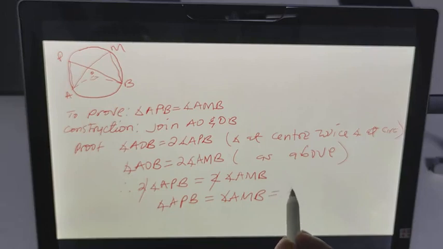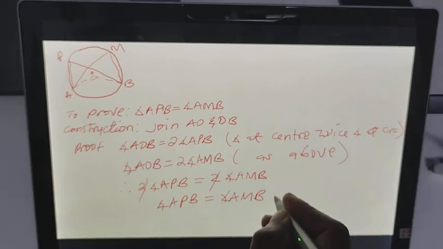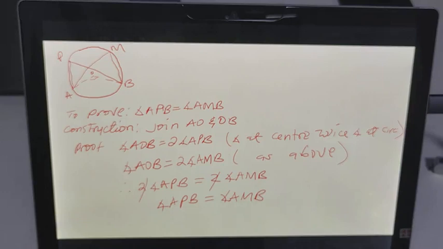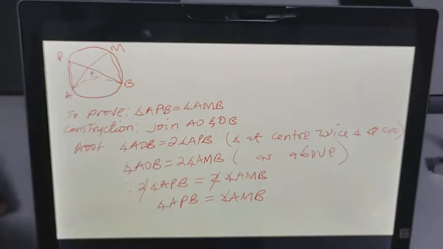Alright, all these are equal to twice the angle at the circumference. So basically now we can conclude that indeed angles in the same segment are equal, by using the first formula: the angle at the center is twice the angle at the circumference. By using that, we have managed to also show that angles in the same segment